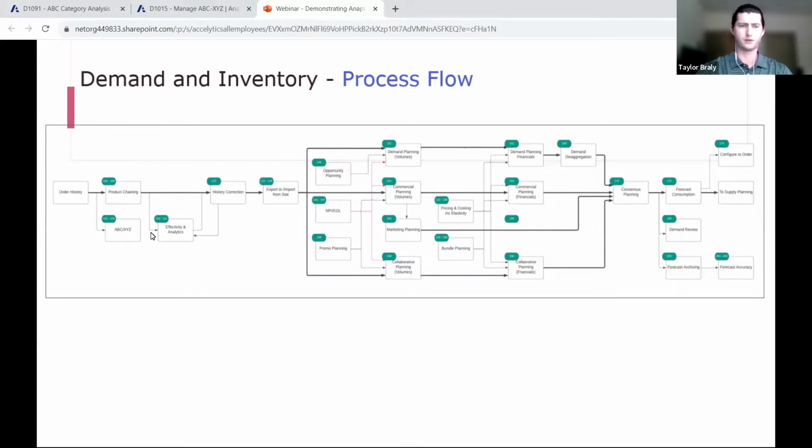We're jumping around a bit here in the presentation. We are near the beginning, right after loading the order history. We will then feed into the ABC XYZ product segmentation. This will be for more informational purposes to help guide and prioritize your time when planning for product segmentation